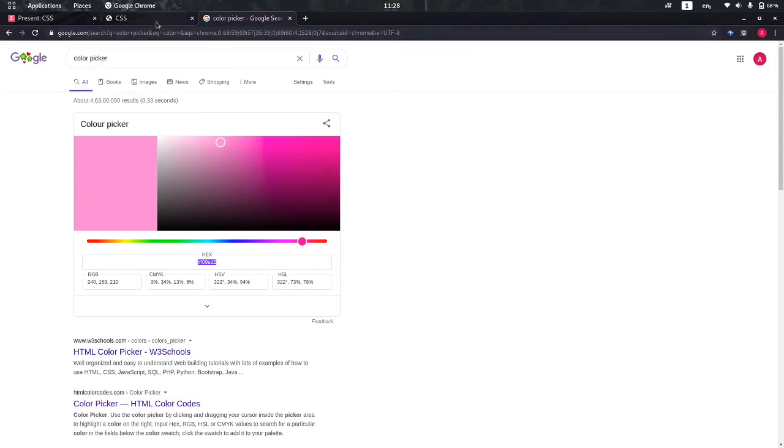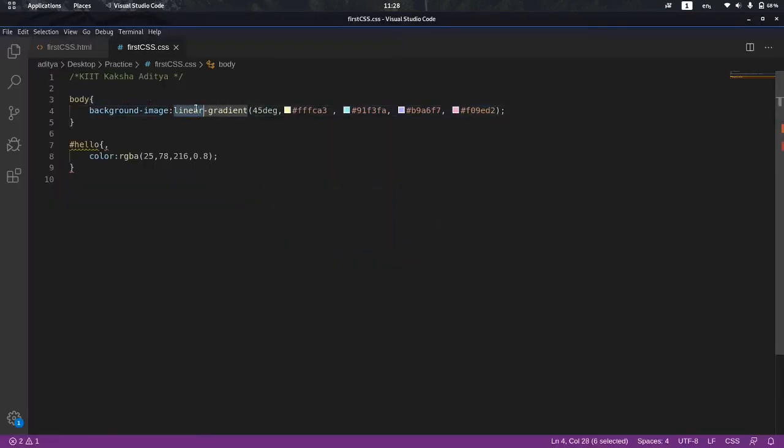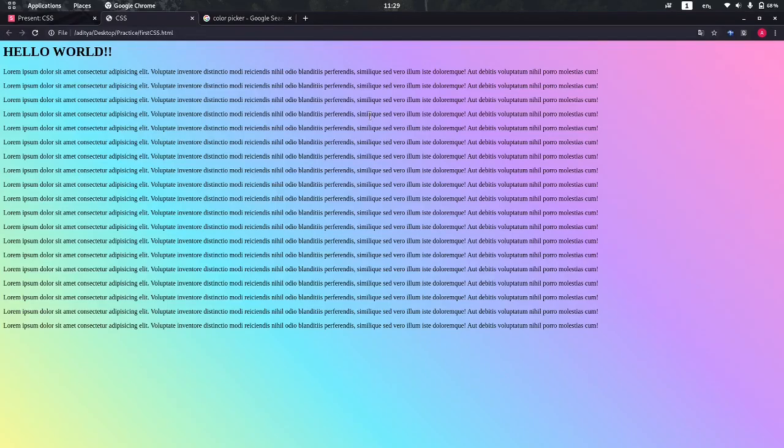Now we'll come to radial gradients. To use radial gradients, we don't have to do a lot. We just have to replace this linear word with radial, and we have two shapes in radial gradients, ellipse and circle. So we will use circle over here and we will use the same colors. Save it, refresh.